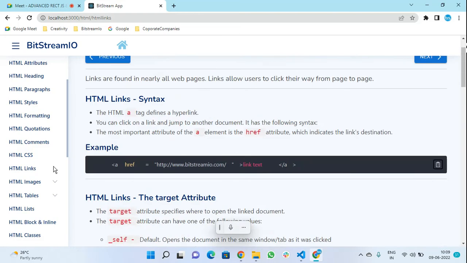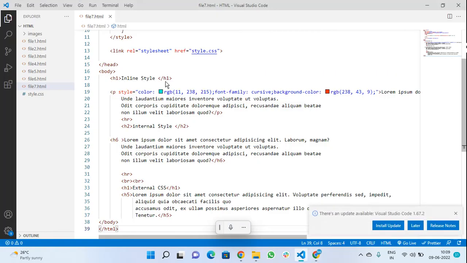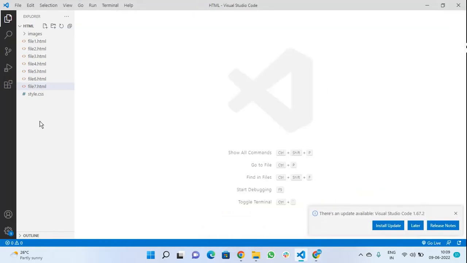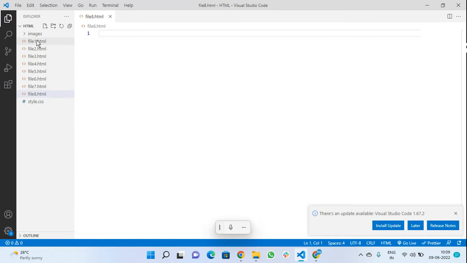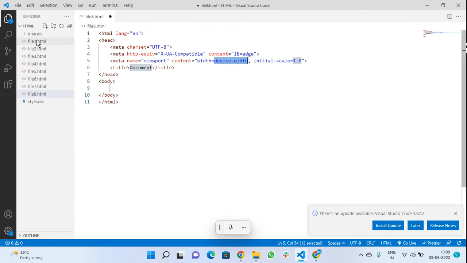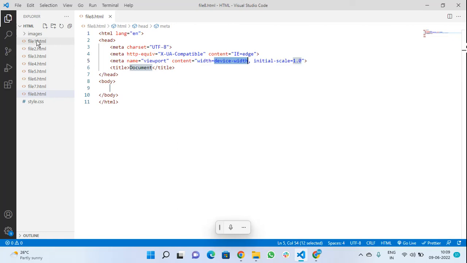No, CSS we have worked up to links. So today we are going to work from the links. For that, I am going to create one more file. So what is a link? File 8.html. So doc. You have to write a document, HTML start tag and end tag, head tag,